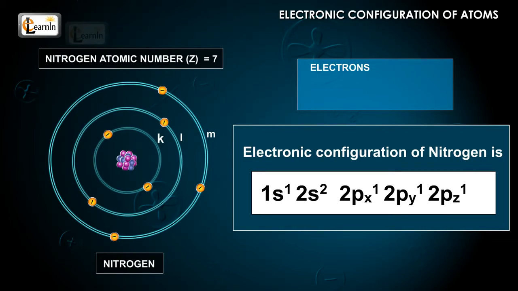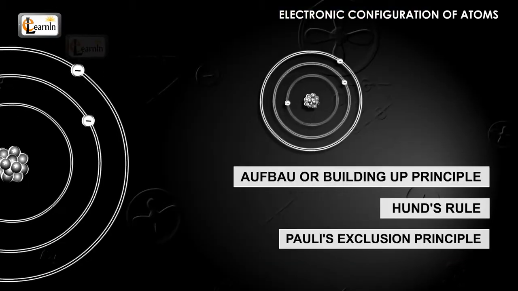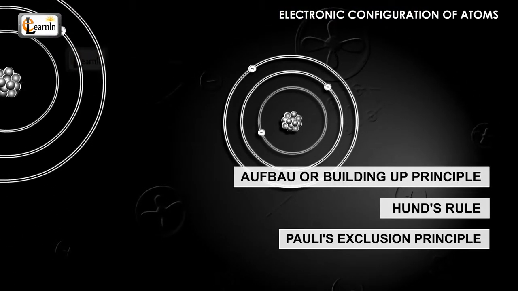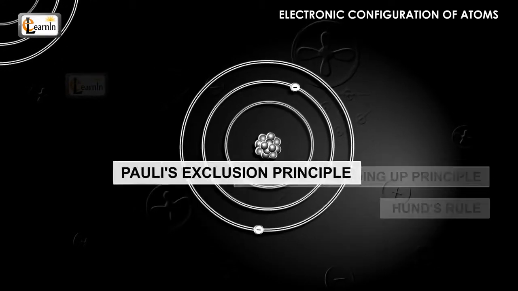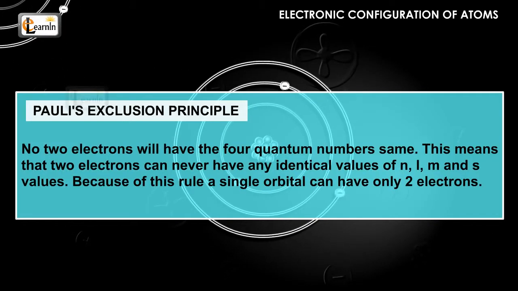2px1, 2py1, 2pz1. The third important rule for electronic configuration, that is, Pauli's exclusion principle, states that no two electrons will have the four quantum numbers the same. This means that two electrons can never have identical values of n, l, m, and s values. Because of this rule, a single orbital can have only